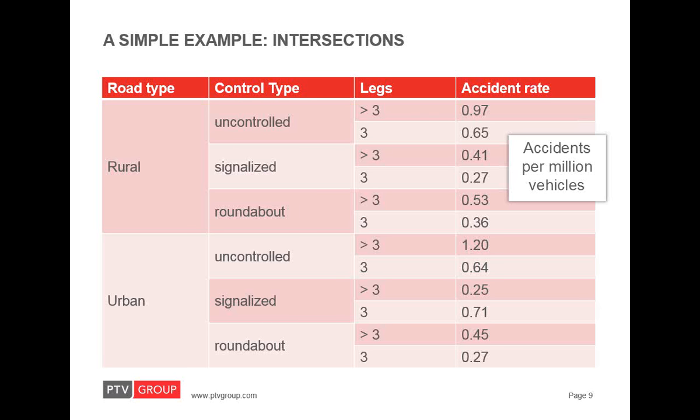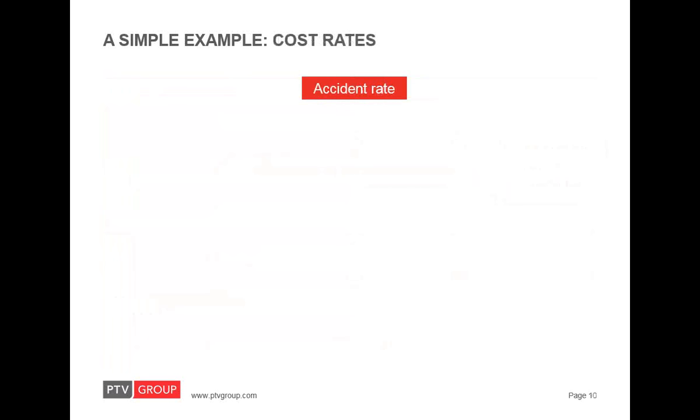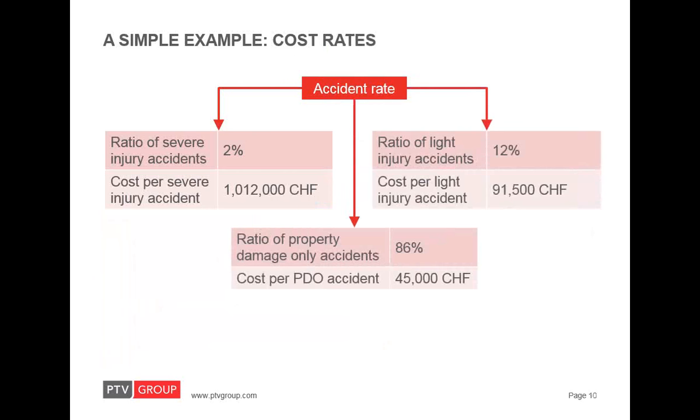Now we have these accident rates. We'd like to have an evaluation in terms of money, so to do the cost-benefit analysis. So if we have this accident rate, we say there will be a rate of severe injury accidents, of light injury accidents, and of property damage only accidents. In this Switzerland example,